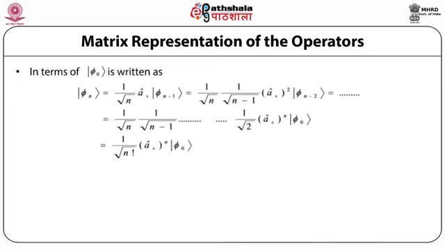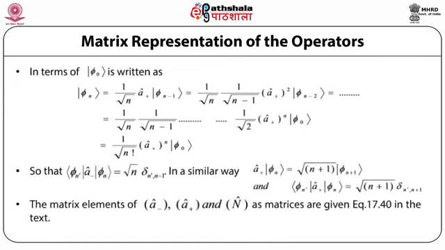And thus, in this manner, finally, we can get the relation that the eigenvector phi n is equal to 1 upon under root n times 1 upon under root n minus 1 times so on times 1 upon under root 2 times the raising operator A plus acting n times on the ground state or the lowest state eigenvector phi naught, and this can be written in a concise form as 1 upon under root n factorial times the raising operator A plus acting n times on the eigenvector phi naught,